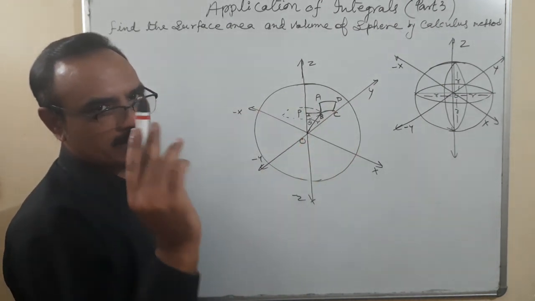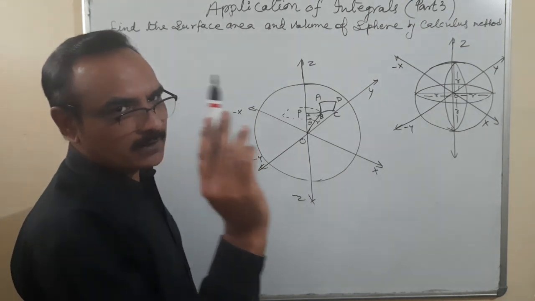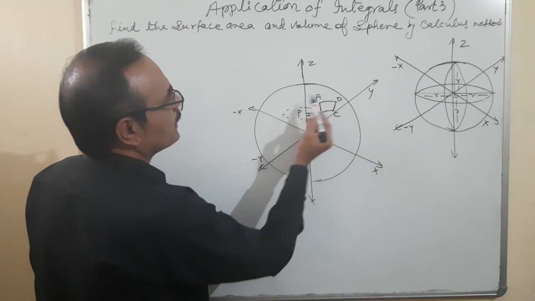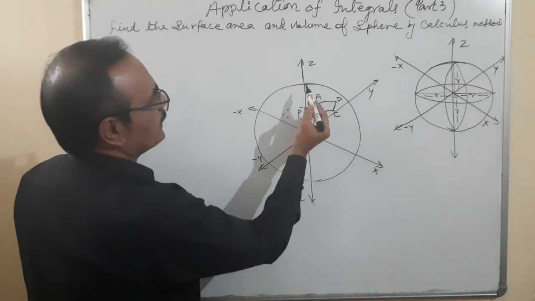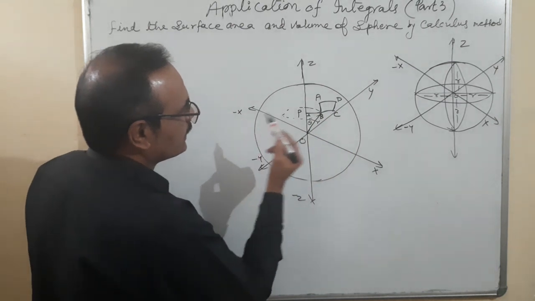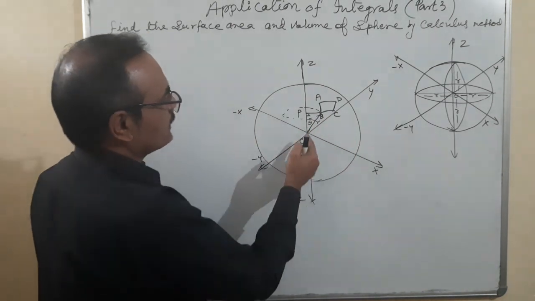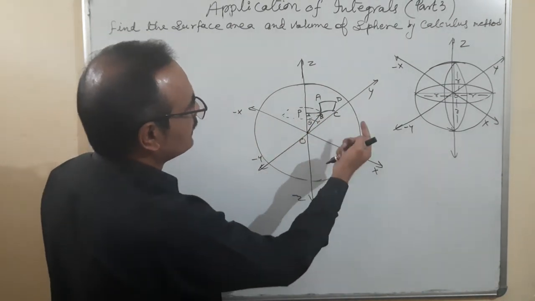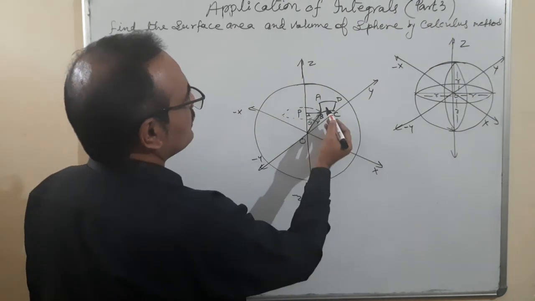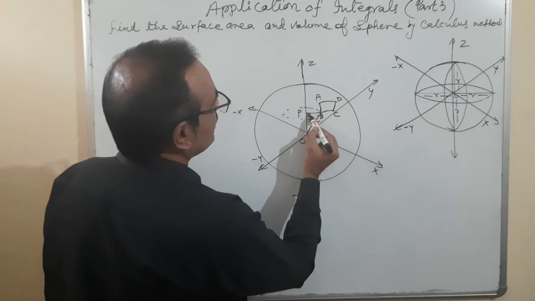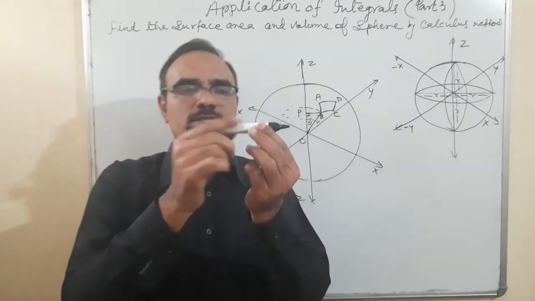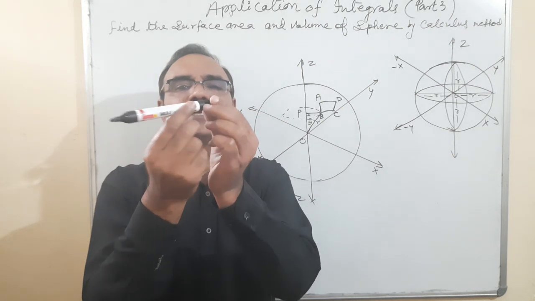So this is not equal to R. This is the radius, and these radii are different from all, starting from here to here. These are the different radii. This is the zero radius. Radius is increasing, and at that point the radius is maximum. At that point, this radius will be equal to that radius. But I have taken this part ABCD where this is the radius which is equal to PB, and this PB is rotating a complete 360 degrees.